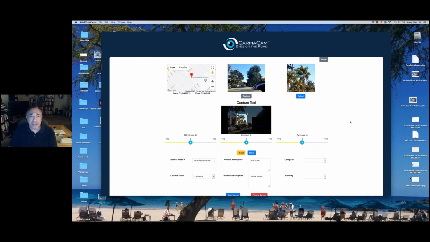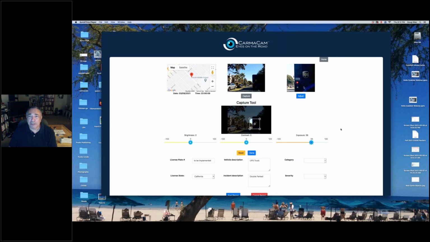So what you're seeing here is a video from our dashboard camera app, and we're driving past this double parked UPS truck. What we want to do is get the license plate number of the UPS truck. And so I can capture that. Notice my lighting isn't very good, so I can actually go in our web app and adjust the brightness on this.